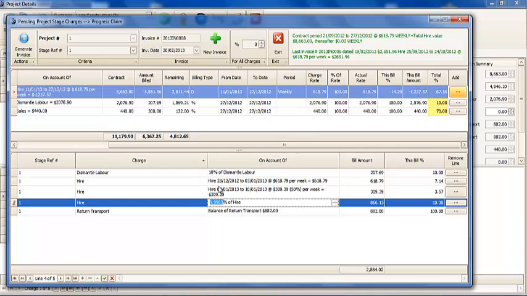I can actually change that, a bit of rounding off there, so I can change that to 10% of the hire. So I can add all these different components to the bill. So it's flexible billing based on either date range or percentage of hire, or just percentage for dismantle labor or just general labor and transport. So if I generate this invoice,